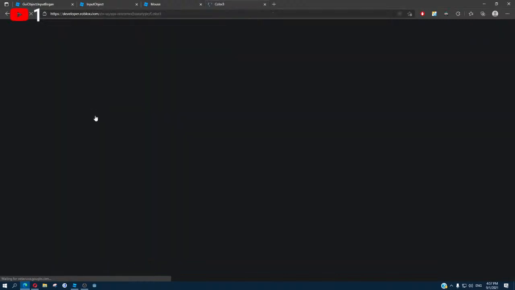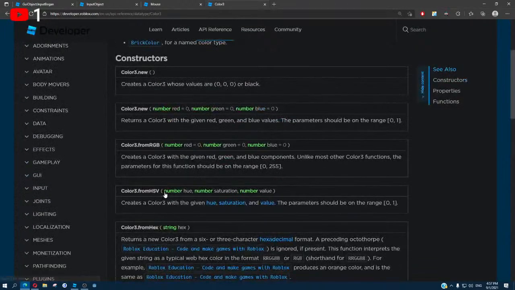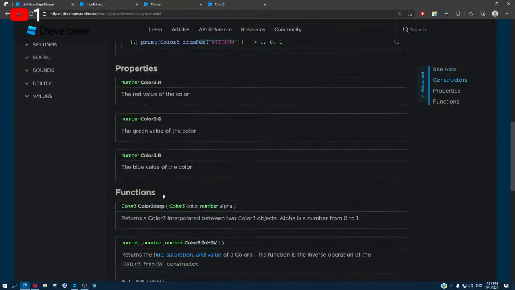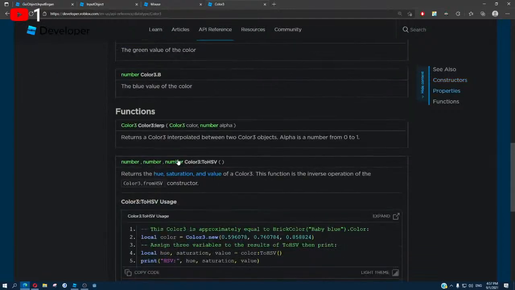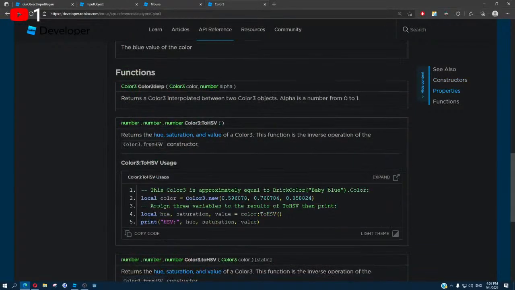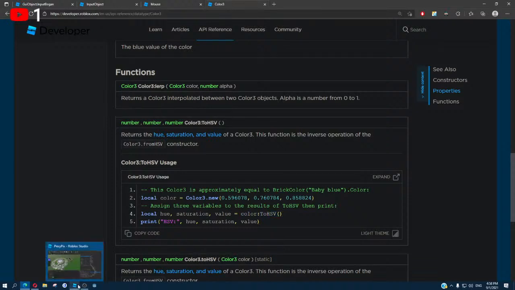It's probably there. Oh yeah, toHSV. So that's what I need. ToHSV. So I got a color now, and I can